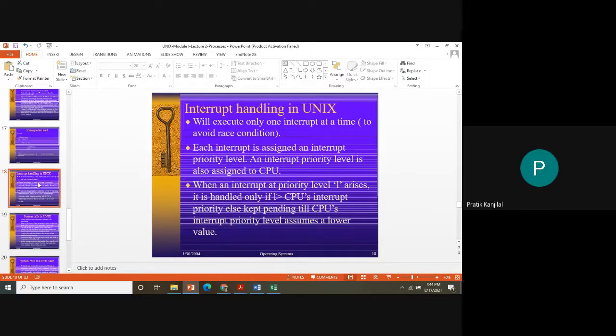Sir, the last point once more, please. Okay, so an interrupt is basically an event that wants to execute in the CPU by preempting the process that is already in the CPU. Each and every interrupt has a priority, right? If the CPU process has a greater priority, then it will not let the interrupt preempt it. But if the interrupt priority is greater than the CPU process priority level, then only will the CPU let that interrupt preempt it.